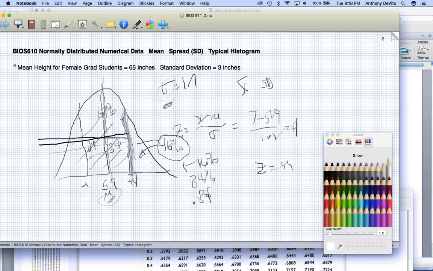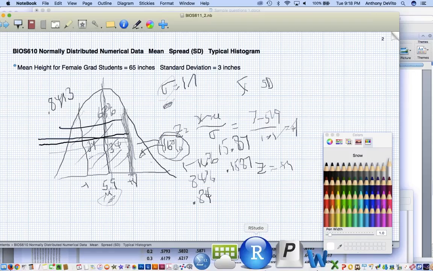Okay, so 0.8413. So instead of leaving 16%, it's actually really 15.87% or 0.1587 probability. Everybody comfortable with that? The other way I could do this